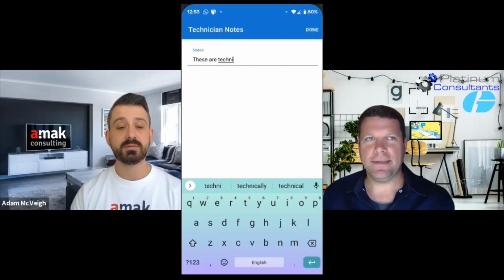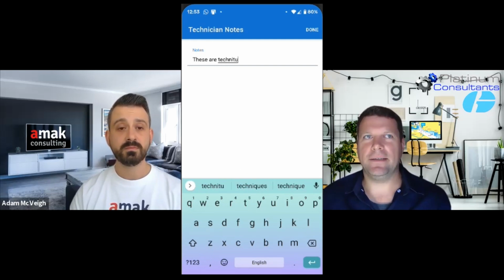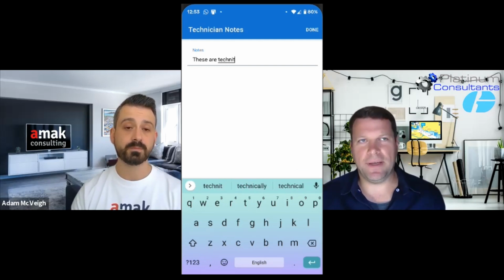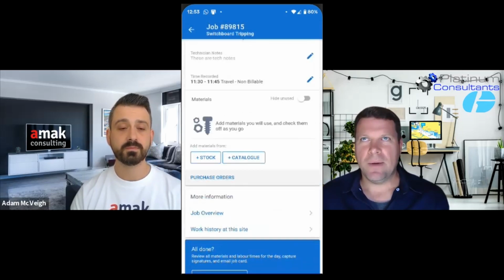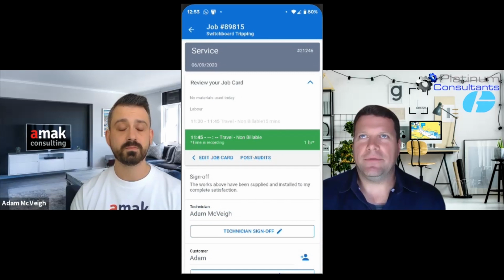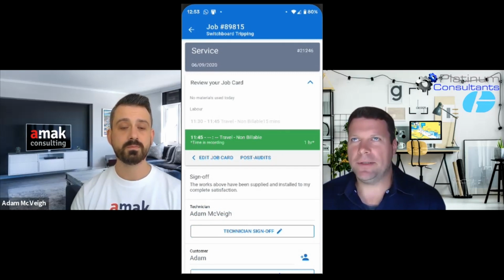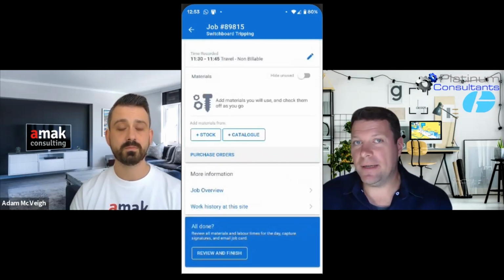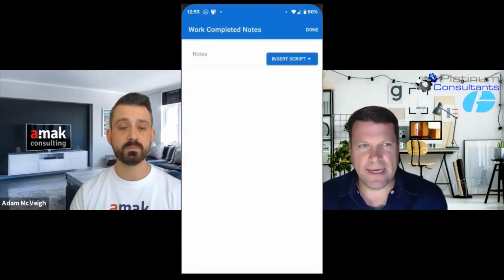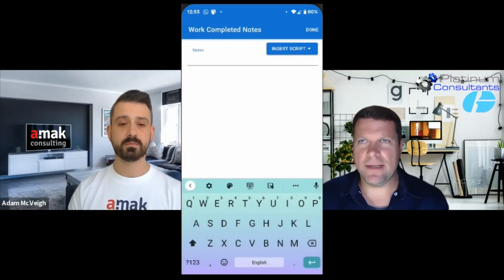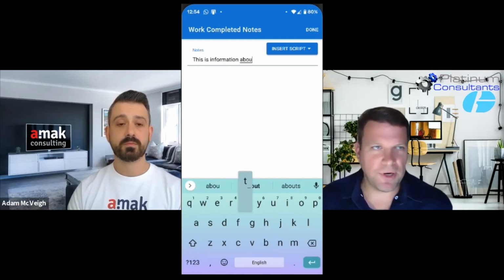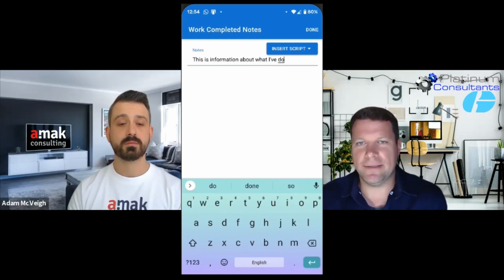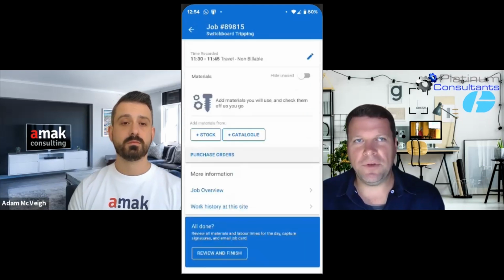Absolutely. Yeah. And if we add to that a few extra things that I thought of as well: when you add the materials that you've used and you type in the work description, you might also type in technician notes, which are somewhat secret. They're the notes that you don't necessarily want on your invoice, but things that are relevant to the job about why it took so long or what else happened on site, etc. When you now go to review,